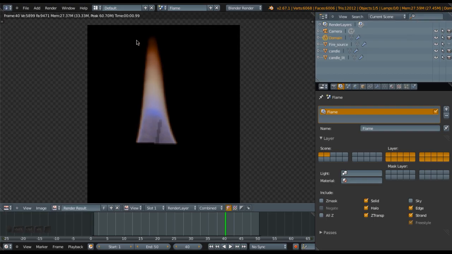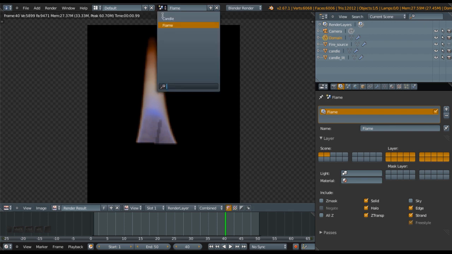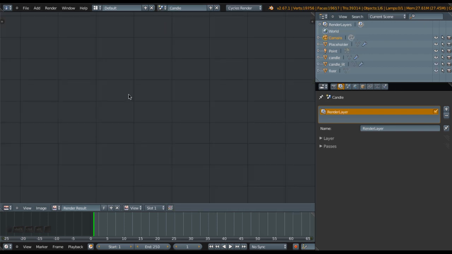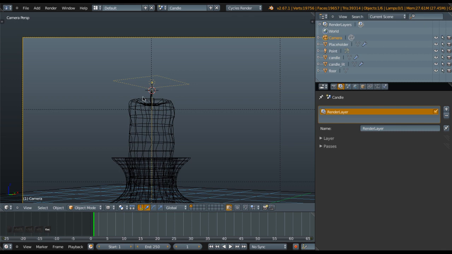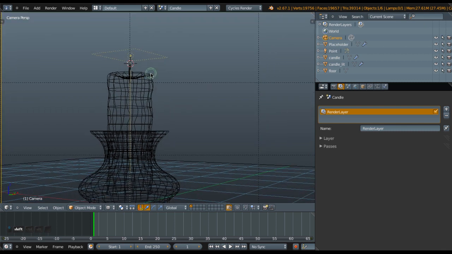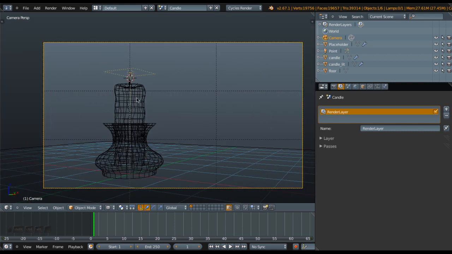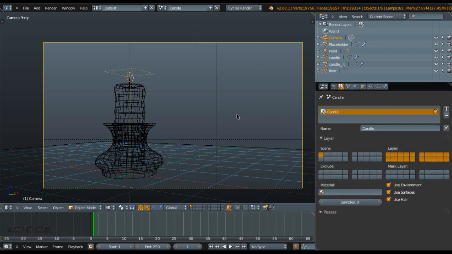So let's go back to candle. Cool. Now I'm also going to give it a name for this, so we just name it candle. So it will be candle. For that we need to go to